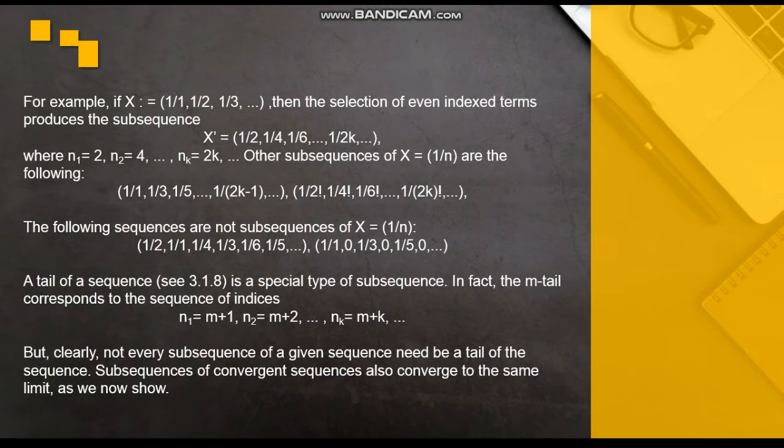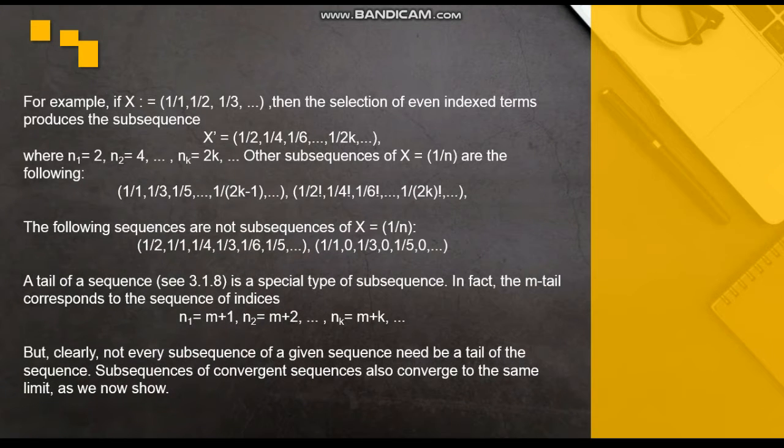For example, if X = (1/1, 1/2, 1/3, ...), then the selection of even indexed terms produces the subsequence X' = (1/2, 1/4, 1/6, ..., 1/(2k), ...), where n_1 = 2, n_2 = 4, ..., and n_k = 2k, ...